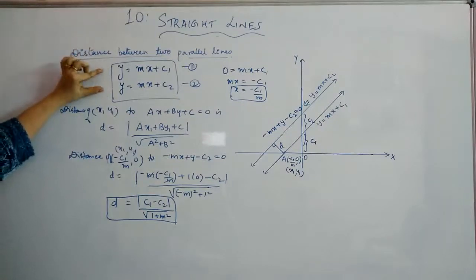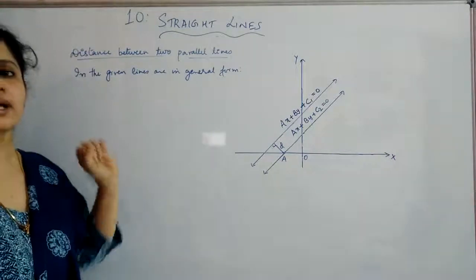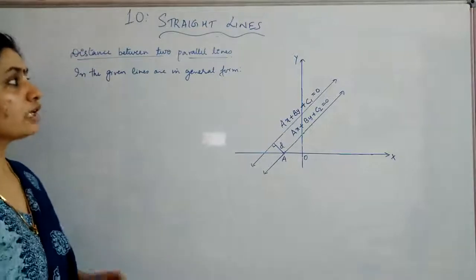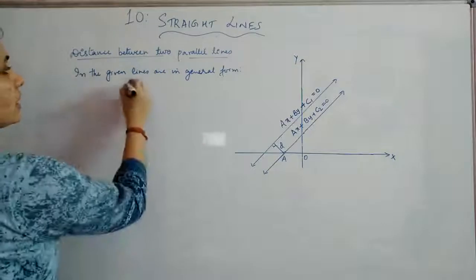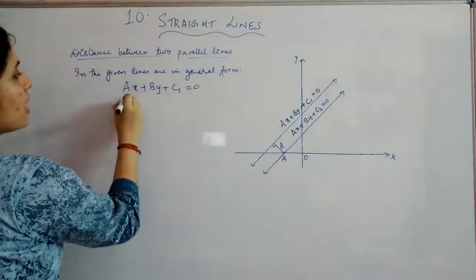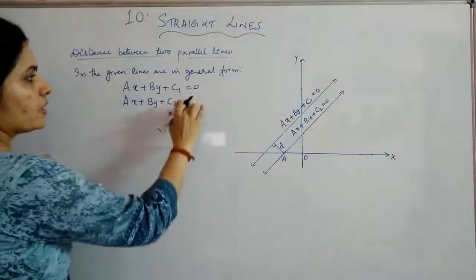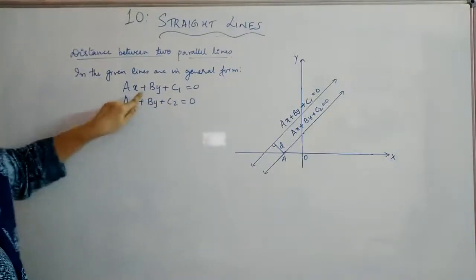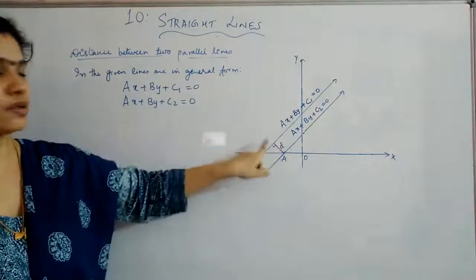That is, what is this form? This is slope intercept form. Okay. Now if suppose the two lines are given in the general form, what is the general form? ax plus by plus c equal to 0. Now if the parallel lines are given in the general form, we can take the two lines as ax plus by plus c1 equal to 0 and ax plus by plus c2 equal to 0. Again here you can see that the two lines will differ only by a constant, remaining the coefficient of x and y will be same. So these are the two lines taken and you have to find out the distance between them.